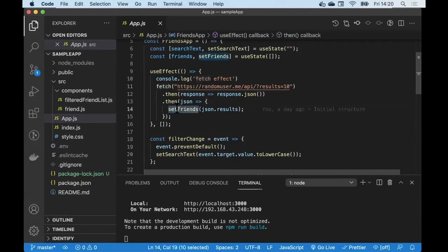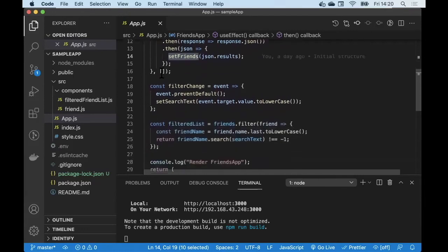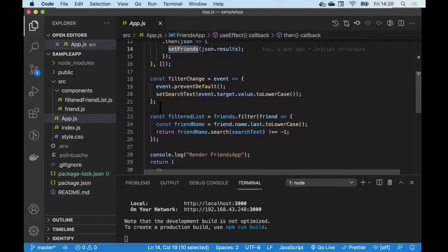We actually call the mutator associated with one of my state variables above, which is this one here. I'm essentially taking the full array of friends that was returned back to me, and I'm mutating this state variable, storing the full list in there. As well, here I'm just computing,